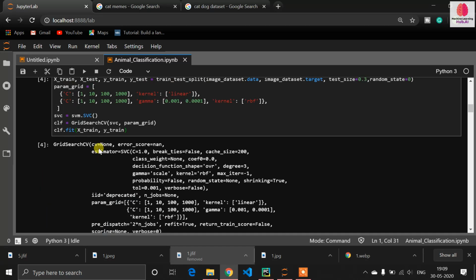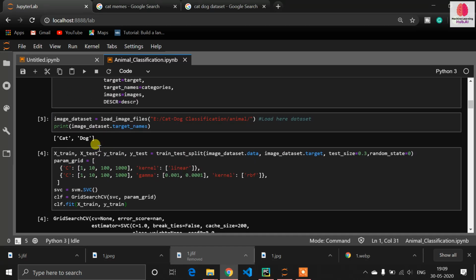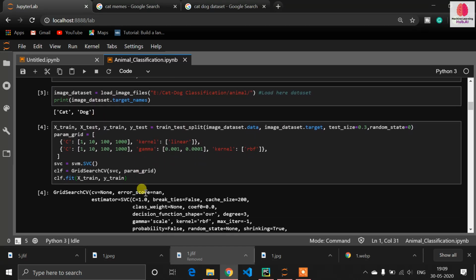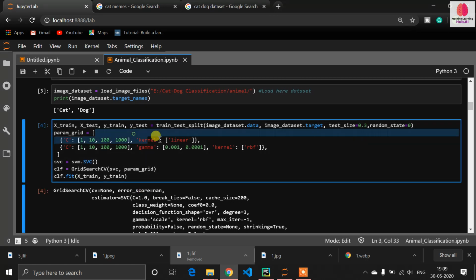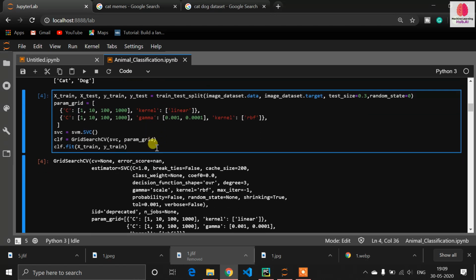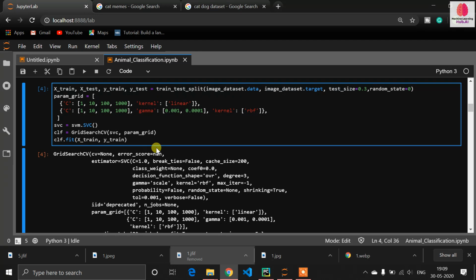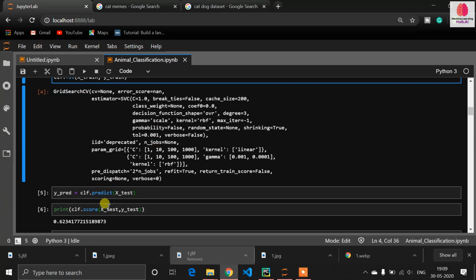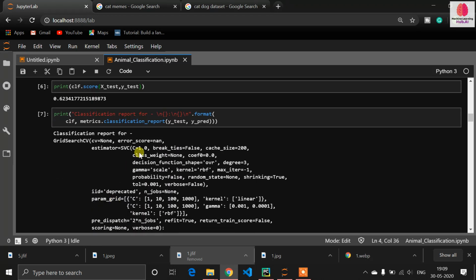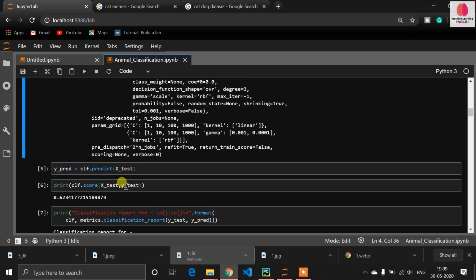According to me, SVM is not the best algorithm for this, but we can choose a different kernel also. But it's nothing, I am just showing you. You can implement different kernels and different parameters also. But the good thing is that I am getting a good result in this model. I'm not saying this is the best, but I'm still getting a good result.